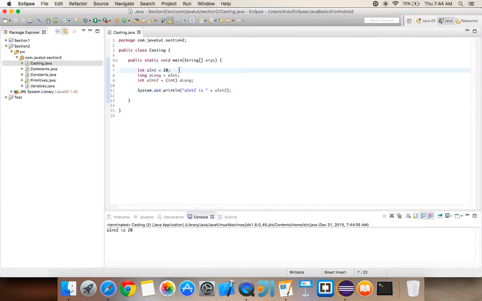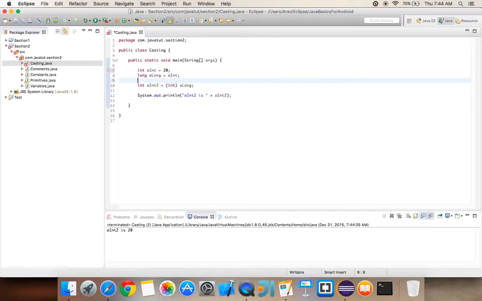Now what if we were to make this value really big, like something that only a long can hold? Not here, sorry about that. So let's do a long equals a bigger number, right? So what we're trying to do is create an actual long number, and don't forget the L at the end to denote that it's a long number.